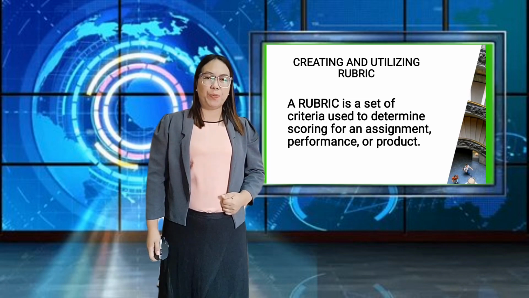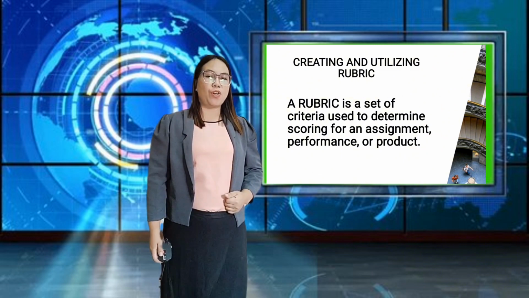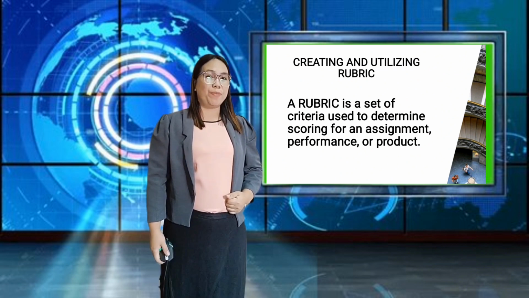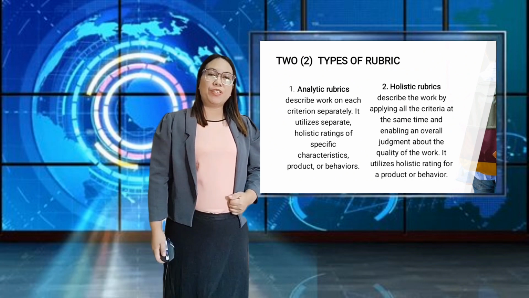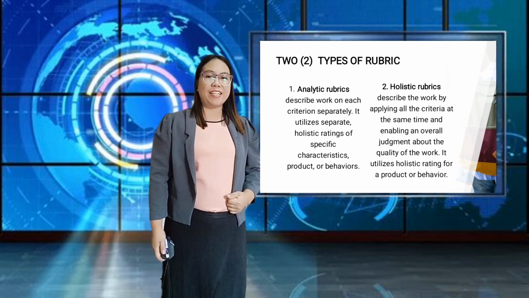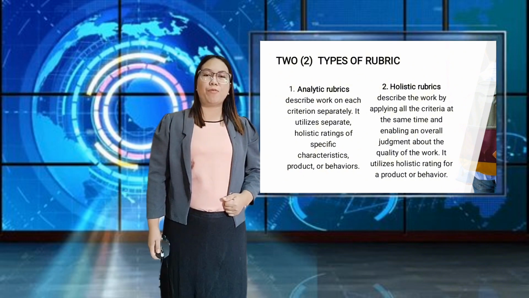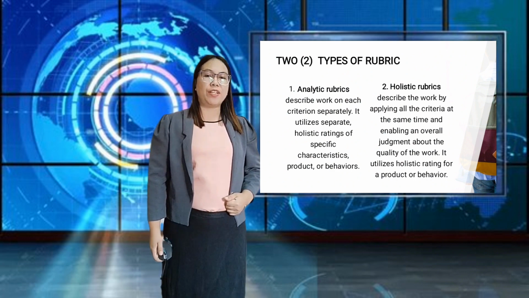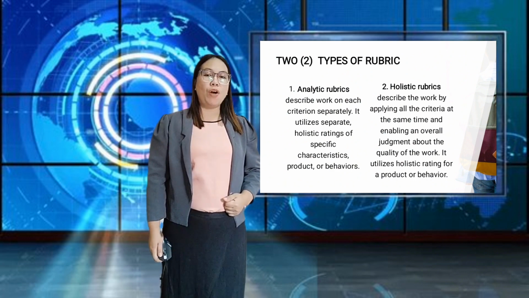Creating and utilizing rubrics. A rubric is a set of criteria used to determine scoring for an assignment, performance, or product. There are two types of rubrics, that is analytic rubrics and holistic rubrics. The analytic rubrics describe work on each criterion separately. It utilizes separate ratings of specific characteristics of a product or